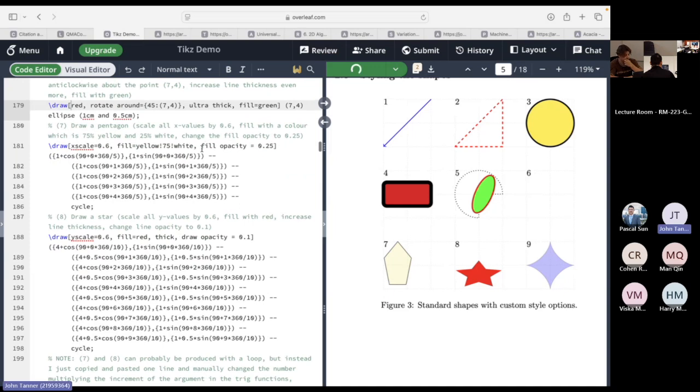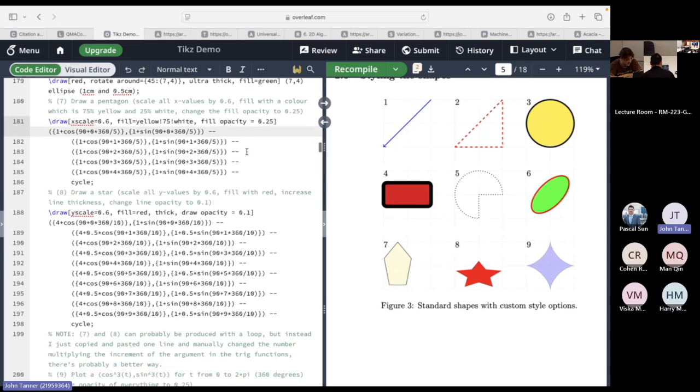And then this fill opacity just tells you how translucent or how see-through you want the fill of this shape to be? And here we just said 0.25. Then for the next one, we squashed it in the Y direction, but again, remember that the origin is here. So if we did it to something like the triangle, then it would have got shifted halfway down the image. And we've